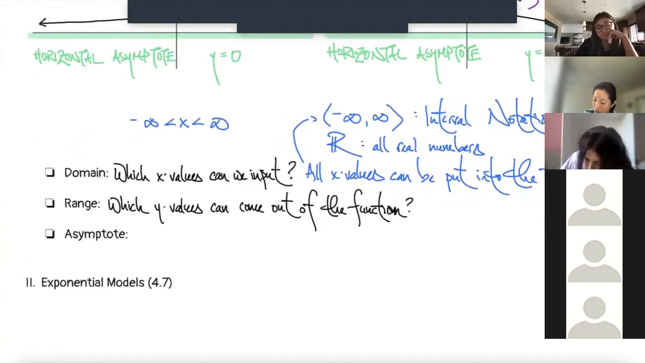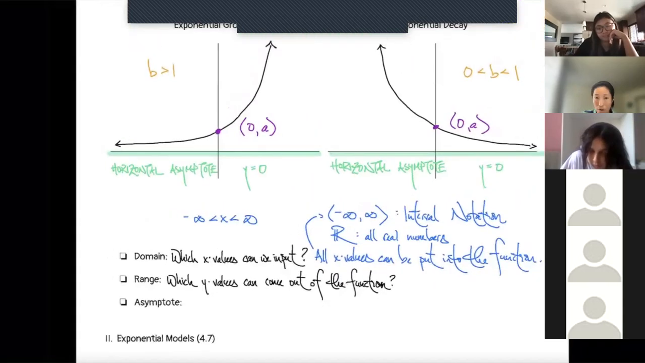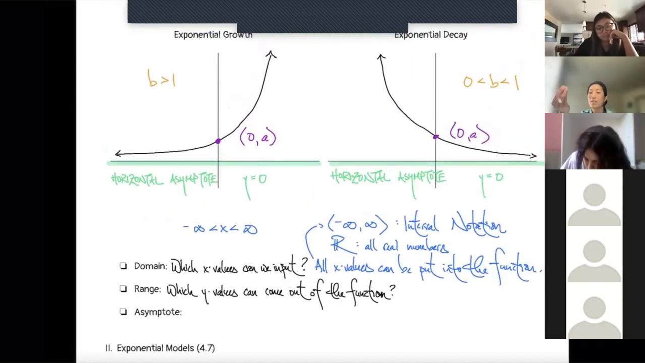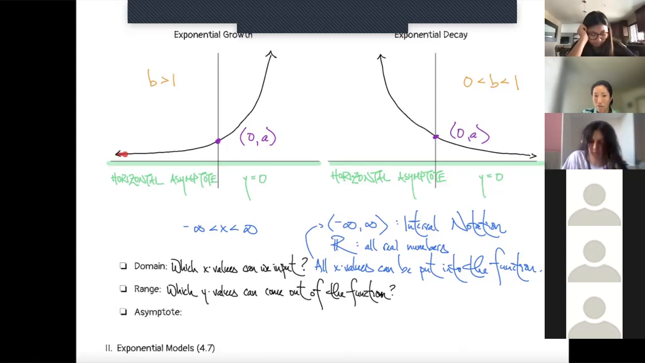All right, so let's answer the second question about range, all right? So range is which y values can come out of the function. And I like to group them the same way. Are there positive y values on either of these graphs? Do we see positive y values here? Yes. Yeah, we do, right? In fact, everything that we see here,